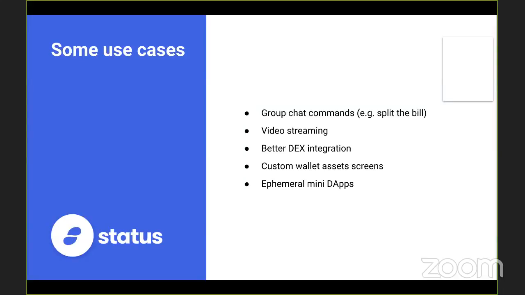And lastly, another interesting idea is allowing ephemeral applications running inside Status. For instance, let's say you go to a restaurant and you want to have access to their menu or just order something. You could scan a QR code with Status and then directly have a way to interact with the restaurant. Because probably you don't want to accumulate all those extensions per restaurant, because it would just be a big mess, it's just something that you would throw away. You scan the QR code, you use the application, and then you move on. So those are potential use cases, but I think that there can be a lot more.